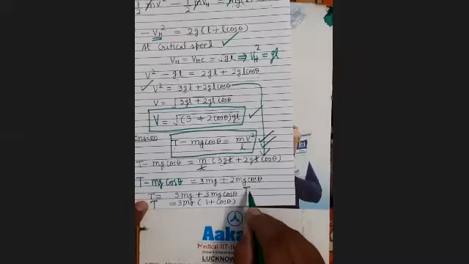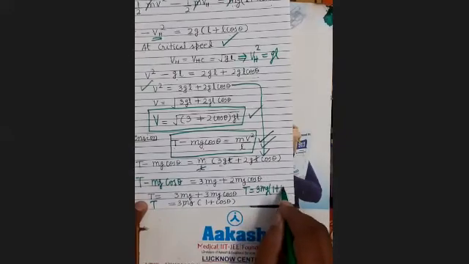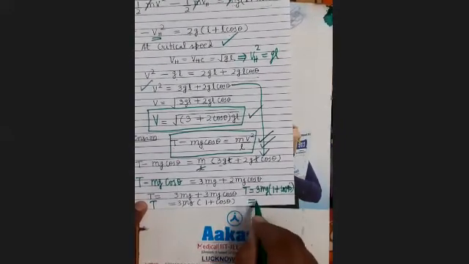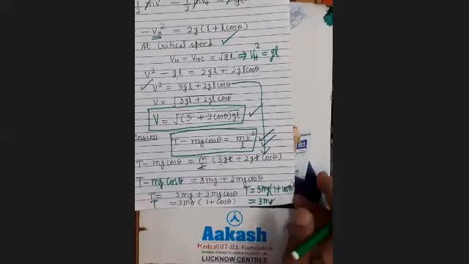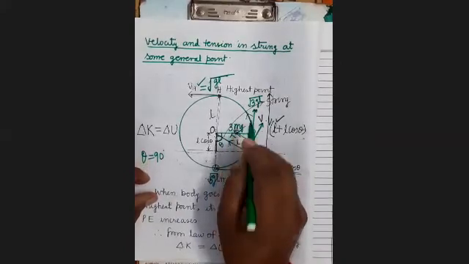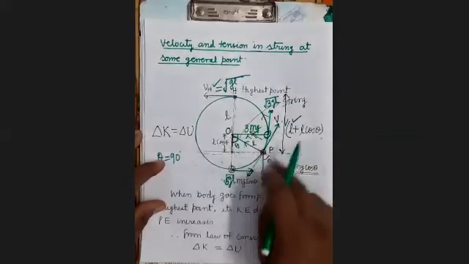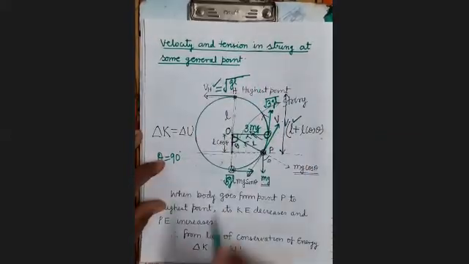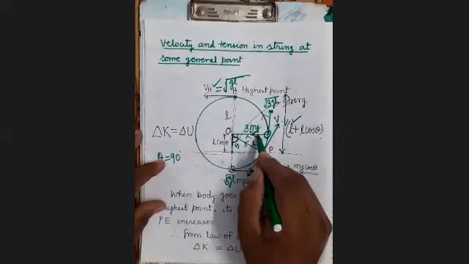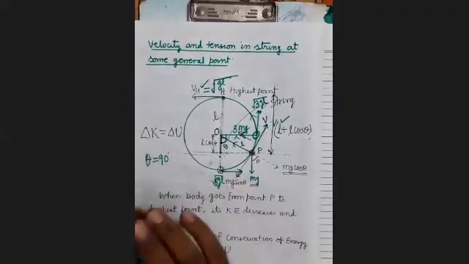What will be the tension here? So tension you can substitute here. On substituting, you get T equals 3 mg into 1 plus cos 90. Cos 90 is 0, that is 3 mg. Means tension in the string at this position will be 3 mg. Means when the particle is crossing the highest point with the critical speed, the tension at this point will be 0, here it will be 3 mg and here it will be 6 mg.